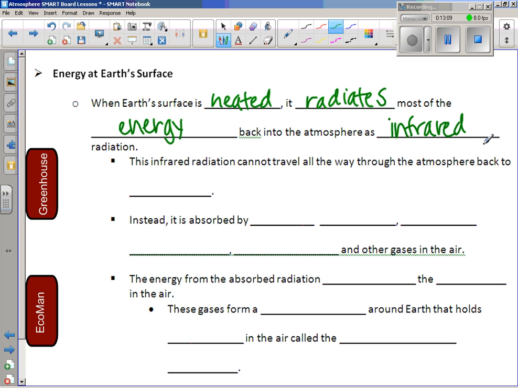Okay, so this infrared radiation can't travel all the way back through the atmosphere back to space. It's stuck. So instead, it's absorbed by water vapor,